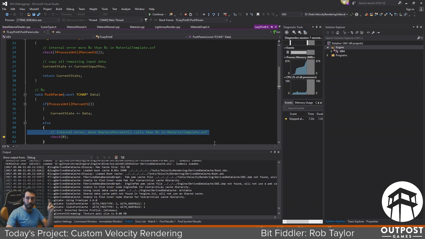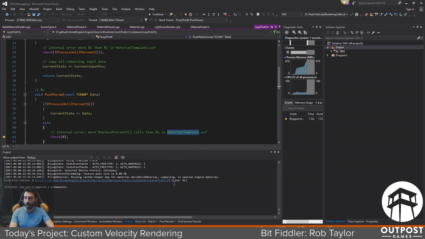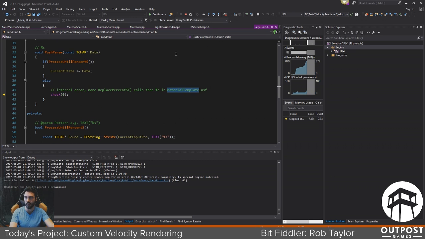Internal error: more replace %s calls than %s in material template. So that's good. That means in material template, we just need to put that %s so that when we do printf, it's going to inject the right HLSL code in the materials created for every single material. All right, so where was that code? I want to make sure I've got this. You got to make sure you got the same order. So wherever we're printing,